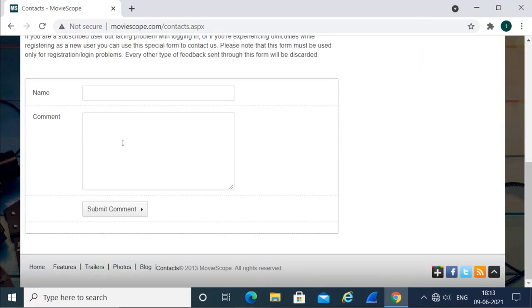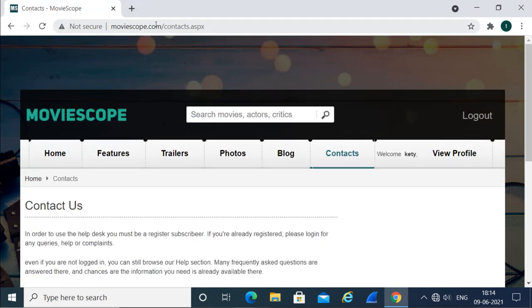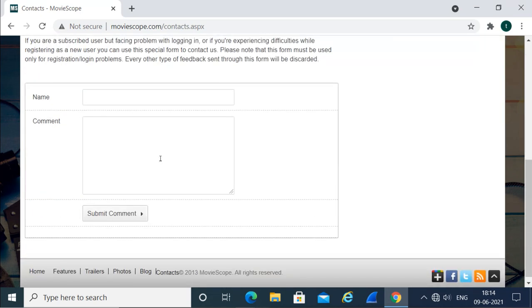So in these search fields, or in this comment field, or in these input fields where the user can give inputs, this cross-site scripting attack happens. So instead of normal content, the attacker adds scripts here, executes it, submits it, and that script will be stored on the server on this particular site or page. Now when another user logs into this site and comes to this page, that script will execute, and it depends on the attacker, it does whatever the script was intended to do.